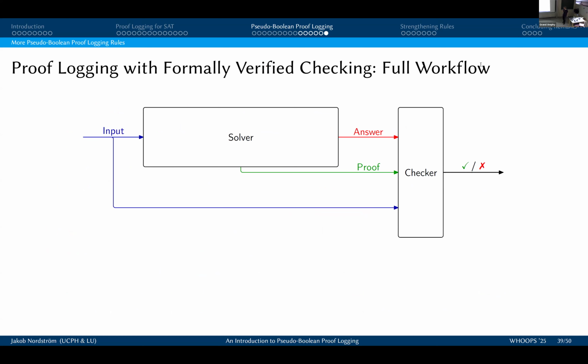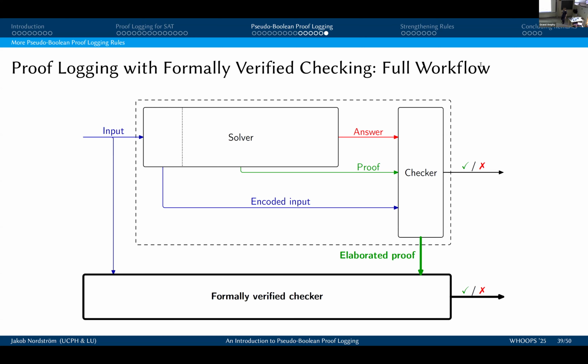If, however, your input is not a 0-1 integer linear program, the setup is slightly different. The solver says, here's the 0-1 integer linear program that is translating my input, and for this I have the following. Now you can do one of two things. Either this translation is so simple that you trust that you got this right,